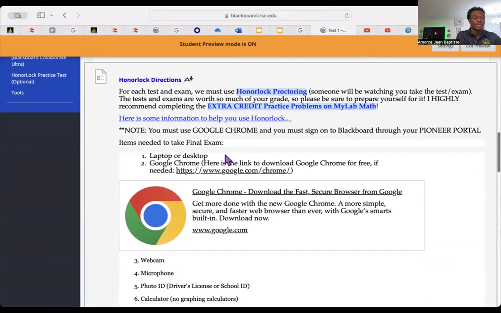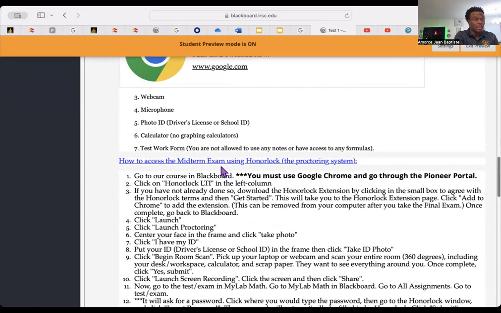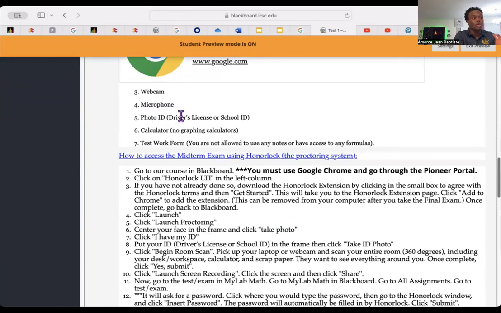You read the process, the honor log, and how to access the honor log. You don't wait for the last day, the Sunday of the test, to first try to learn about the honor log. No, on day 1 of the test week, you need to read everything. Make sure you know that you need your driver license. You need a computer.